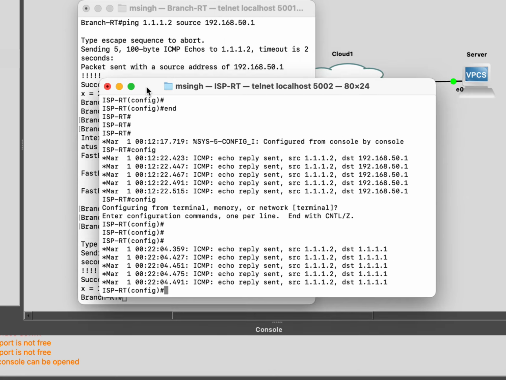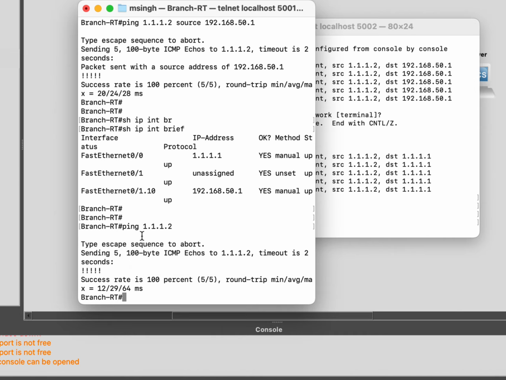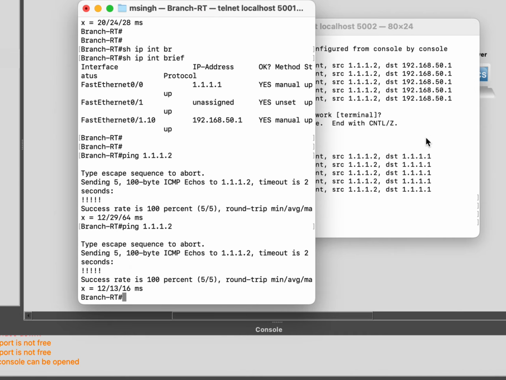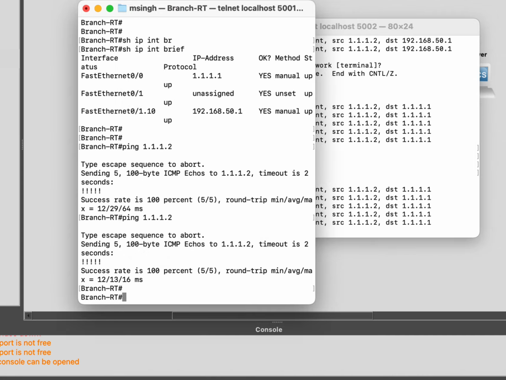So here is my ISP router. I enable the logs. Whenever I'm trying to ping 1.1.1.2, it will generate the logs. See, these logs are showing I am receiving a request from 1.1.1.1. Okay, now let me